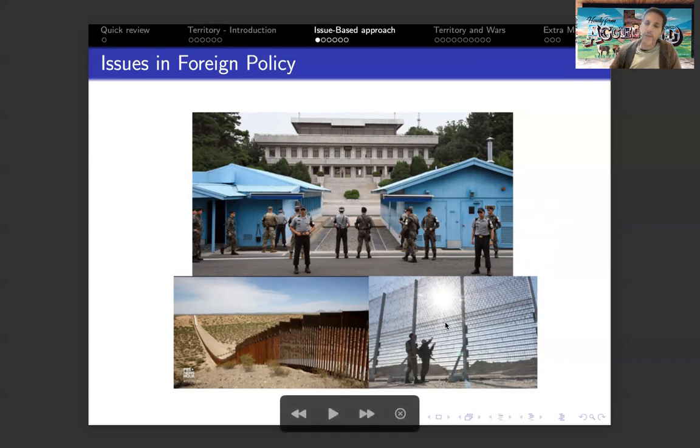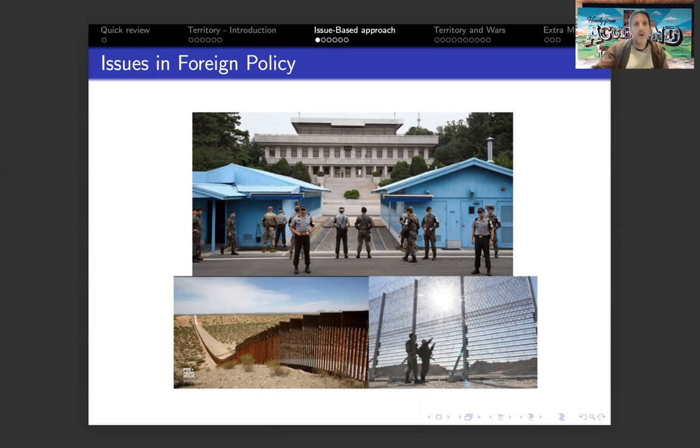Here we have part of the border fence between Israel and the Gaza Strip. Again, it led to a lot of conflicts over time. And we also have here a part of the border wall between the United States and Mexico. So all those issues are highly known issues, and they are very likely to be in the news regarding the use of violence to